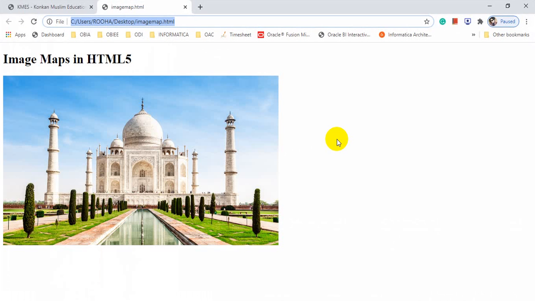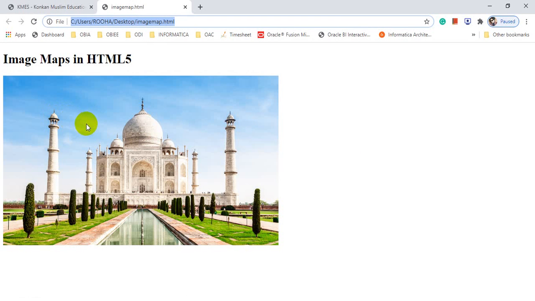Now students, this is our file, and when you move your cursor toward that particular location where you have created the link, so when I put my cursor towards the left column of Taj Mahal, you will see the change in the cursor style or cursor shape. See, are you able to see?